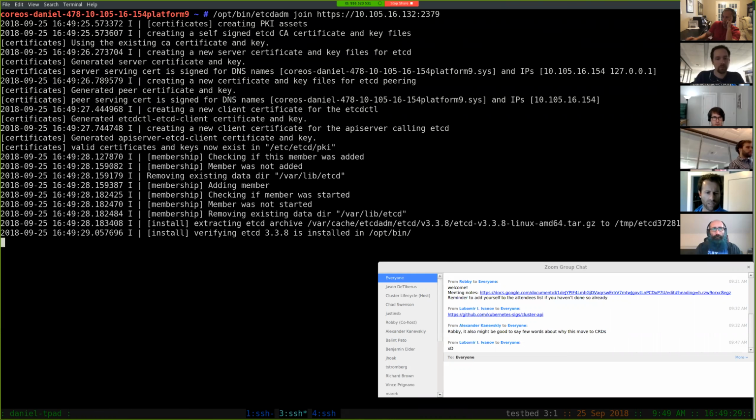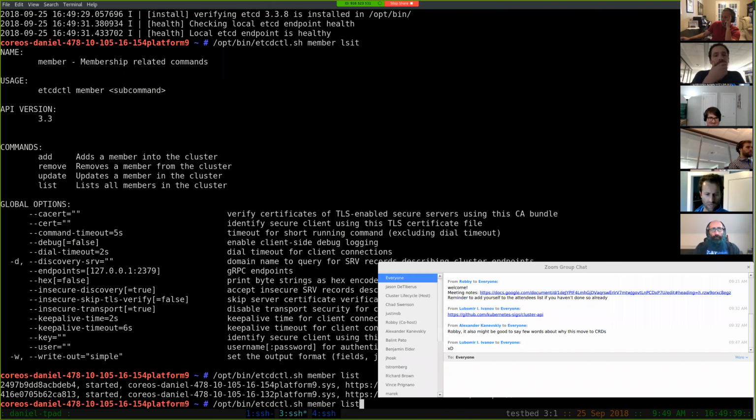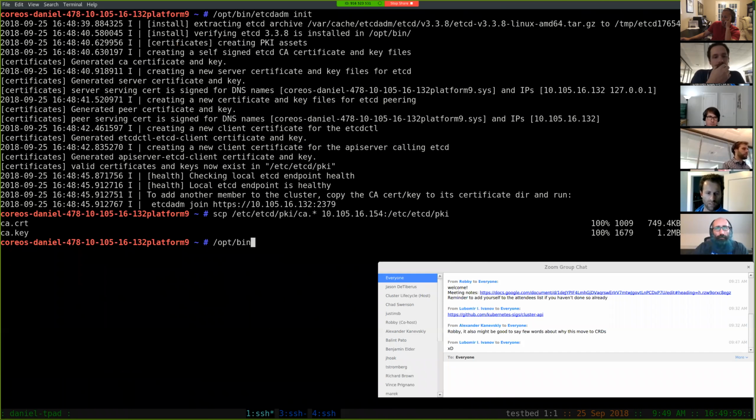Now we've got a 2-member cluster, and then we can, for instance, check member list, and endpoint health with the cluster flag. Now we've got this 2-member cluster, and if we want to, for example, remove the first member that we had, we can do etcd-adm reset.